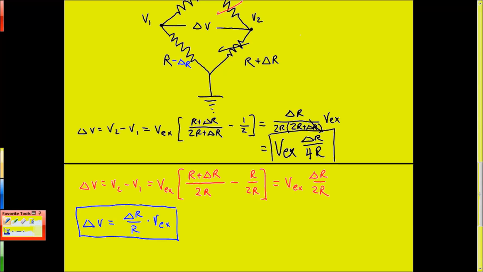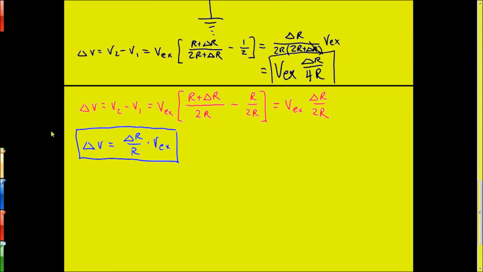So let's go back to the case where we had just the two strain gauges and work through a short example. In this case, we know that delta V is equal to the excitation voltage times the change in resistance over twice the nominal resistance. We can write this as excitation voltage over 2 times delta R over R. Now, for most strain gauges, delta R over R is related to the strain by what's known as a gain factor. That is, delta R over R is equal